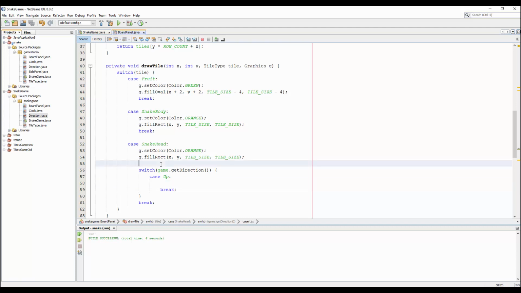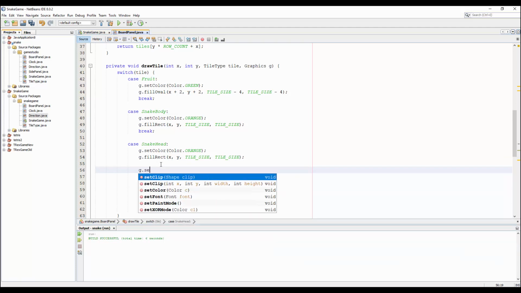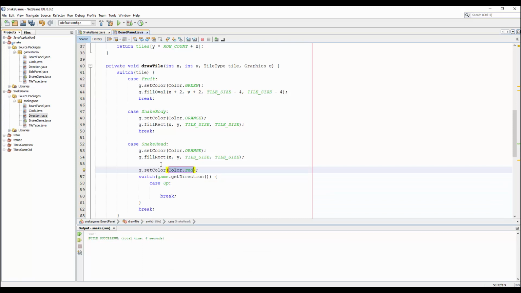Alright, before we do something, we need to set the color for the eye. So the color I use for the eye here is black,